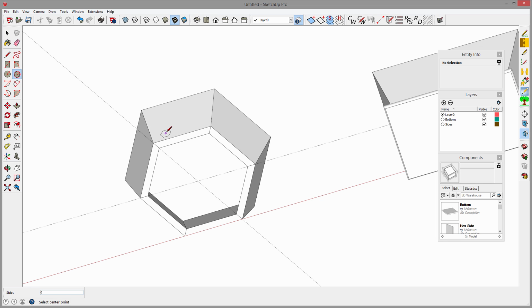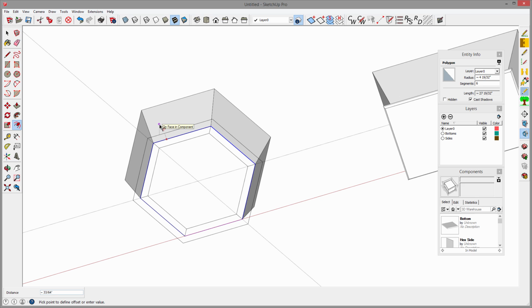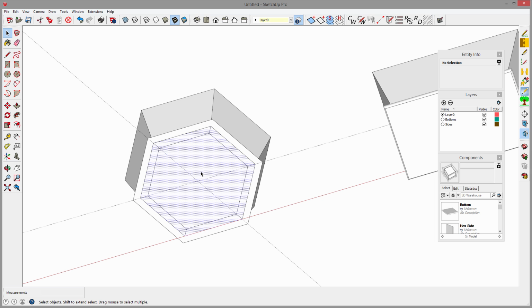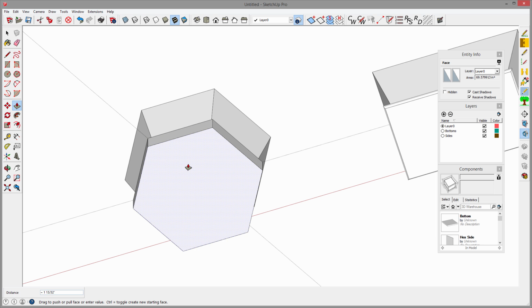And again, I want the blue, so I hover over this until I get the blue, and I hold the shift key down, click at the center, come out to one of the intersections here. Now I can use the offset tool, bring this out 1/2 inch, get rid of my original face, bring the new face down 1/2 inch,